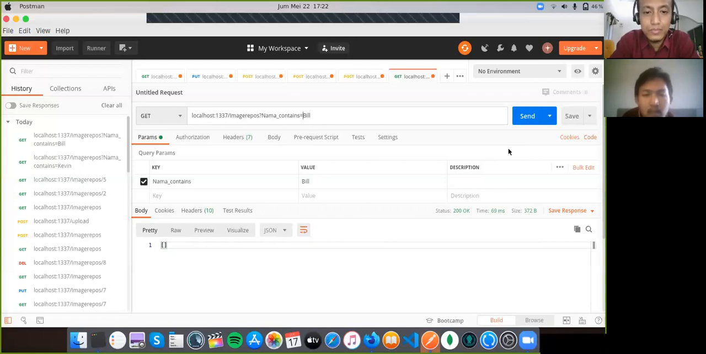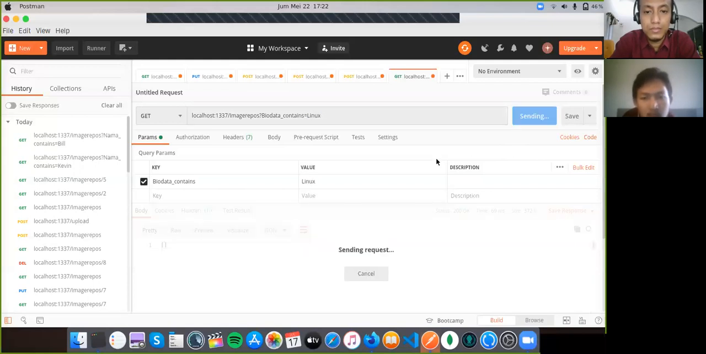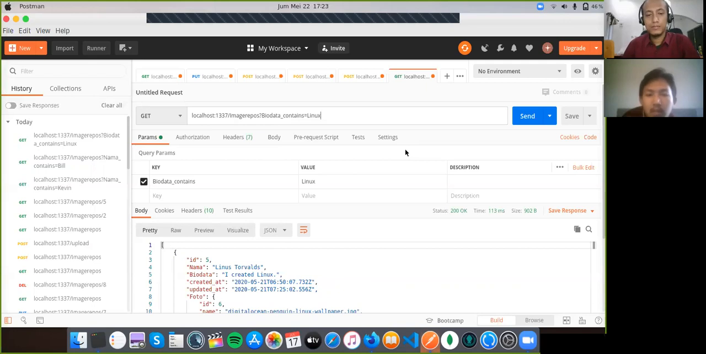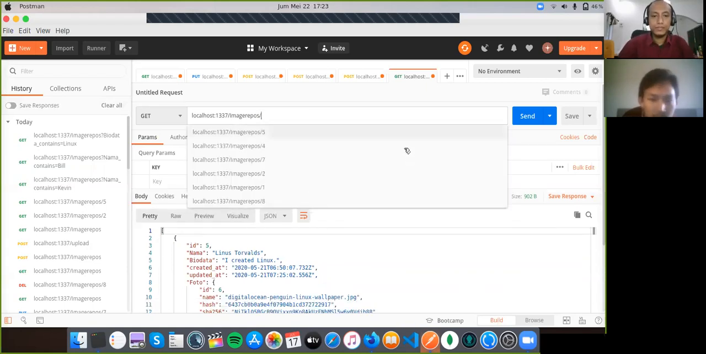And just moving right to next. Not only name, but not only nama field, but I can make it like biodata, which contains like, maybe, Linux. Okay, so I mean, actually there are many filtering options, but I have just tried about two, finding by filtering by ID and contents. And next I will move to